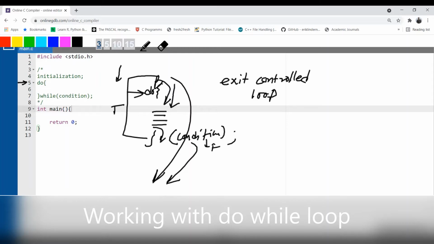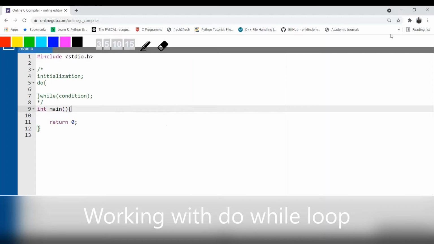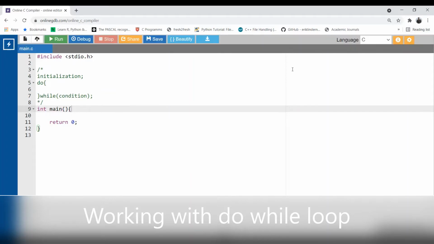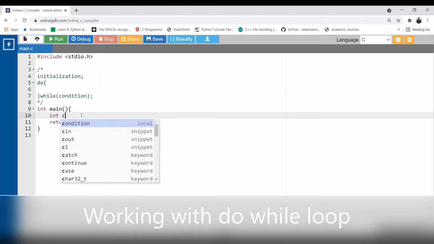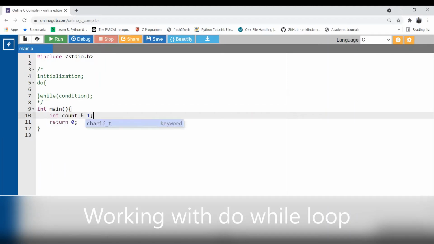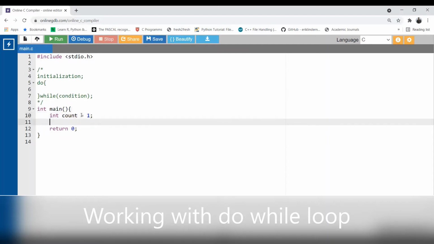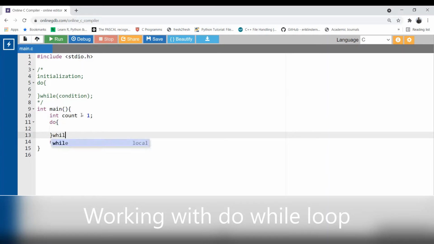So let's see some examples and write code for that. An easy one. Let's perform some initialization here. The counter variable I'm using here is count equal to 1. Next, do and while. Let's put while, we'll decide the condition later. A similar program.